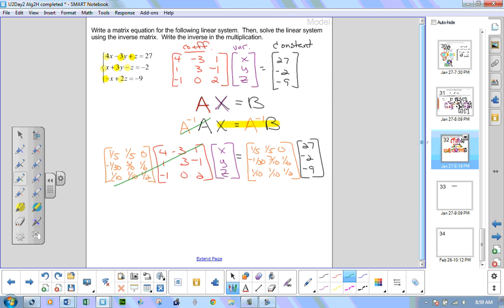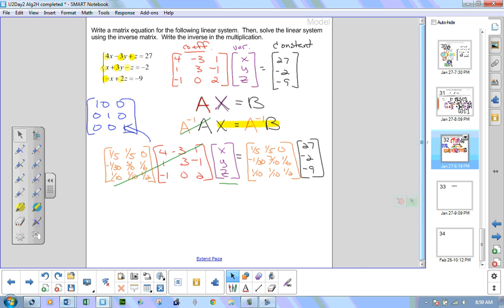Now from here, I realize that inverses will cancel each other. And just in that magic swipe, I've gotten x, y, z by itself. Now just for a moment, I'm going to write up here in blue. Don't forget, when I crossed out here, I created 1, 0, 0, 0, 1, 0, 0, 0, 1, which is in fact the result of that multiplication. So it's kind of like writing the 1 when you solve a simple equation, which we allow you to cross out, know that it's kind of canceled, and you don't need to write it. So this is going to give me my answer of